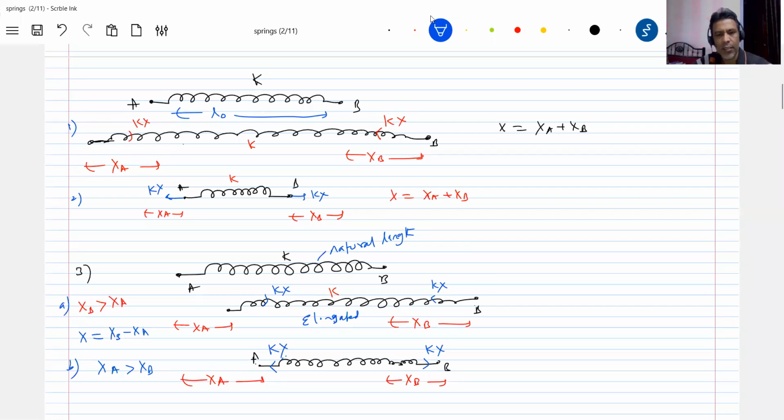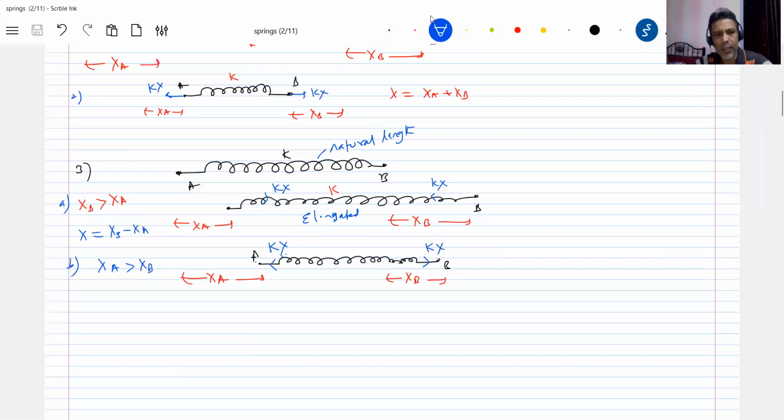Got the idea, no? So here both the ends will have displacement. Then is it elongation or compression? I think we have to look at the situation. It's not that a spring is always elongated or always compressed. No, look at that one. And now similarly, both are having displacement in the same direction. So here, from looking at the diagram, now the third situation.